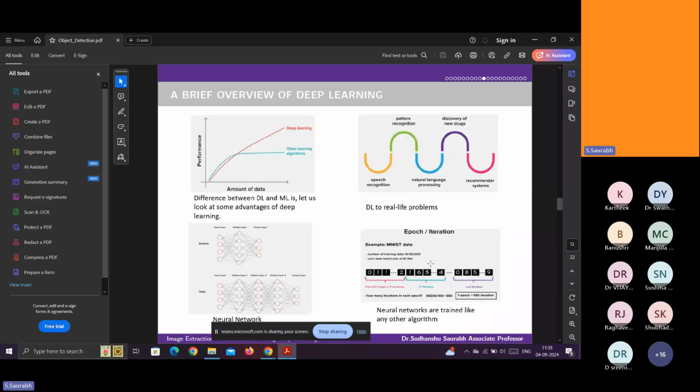Now how to train. For example, when MNIST data is there, then epochs and iterations, these two things are there. In each and every epoch, many iterations are there. So you iterate the data depending upon the size of data. So take the epoch carefully, how many epochs, because it is a very important parameter. You can say it is a hyperparameter.